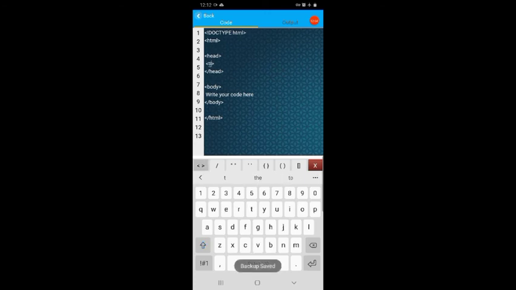So title, the title should be e-commerce, e minus commerce. Then the title tag should be closed.